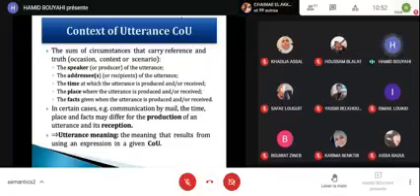So even if you are in the context, don't refer to the context when you are talking about the expressive meaning. You only refer to the context when you are asked to provide the utterance meaning. Okay.